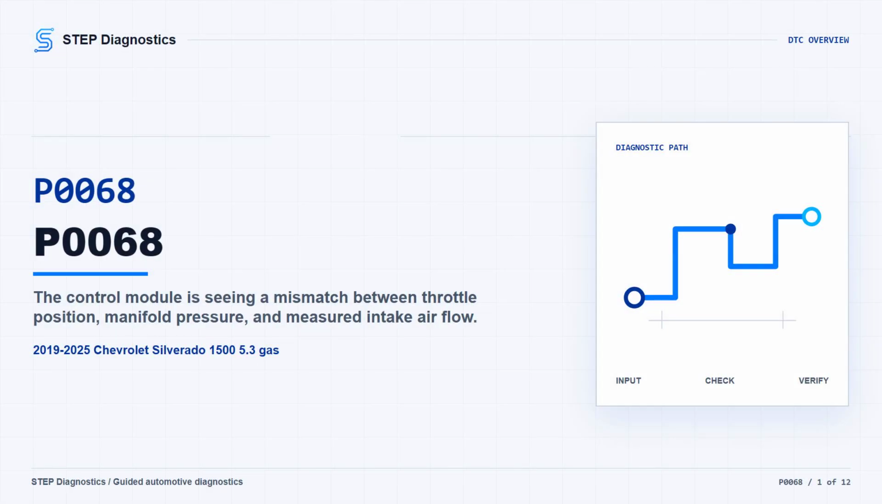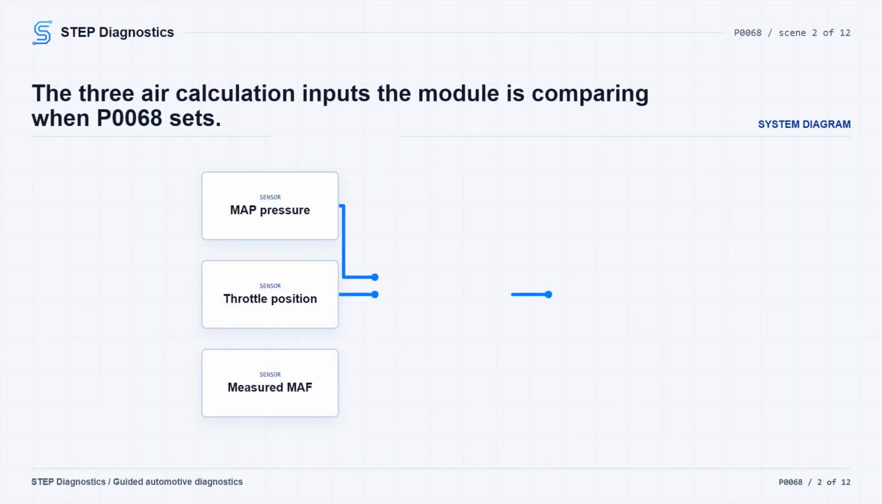On this Silverado, P0068 is a throttle body airflow performance code. In plain terms, the control module is comparing measured airflow against calculated airflow from throttle position and manifold pressure. When those signals do not line up, it may set this code, because it cannot tell which side of the air calculation is wrong. The truck may have a rough idle, reduced response, stalling, or it may simply turn the